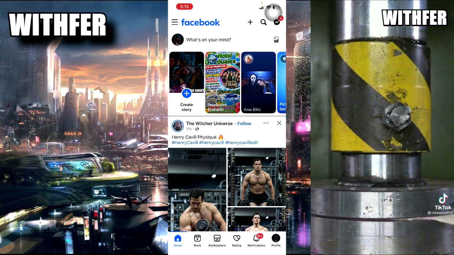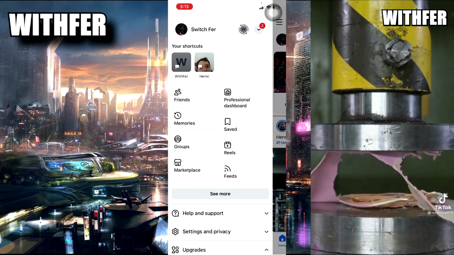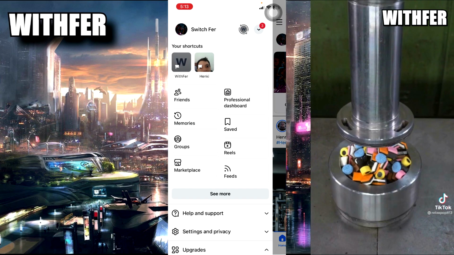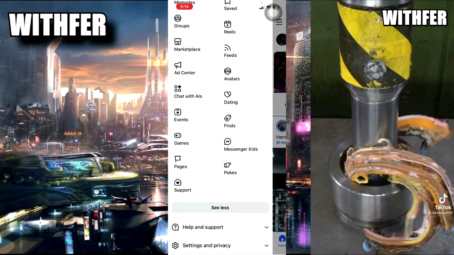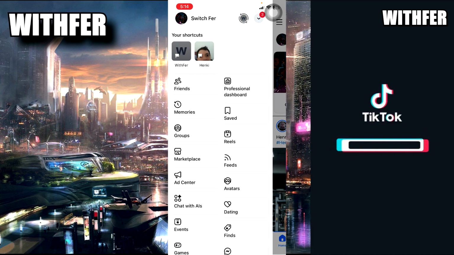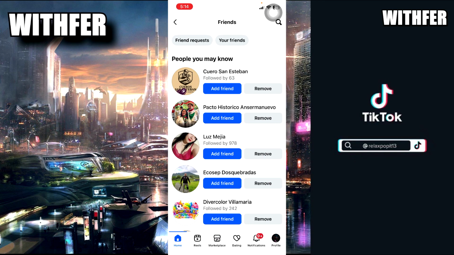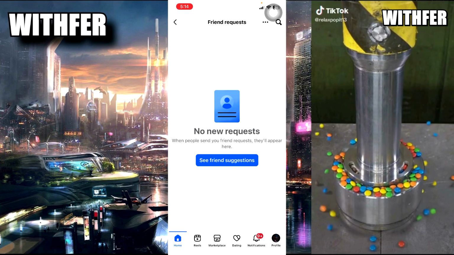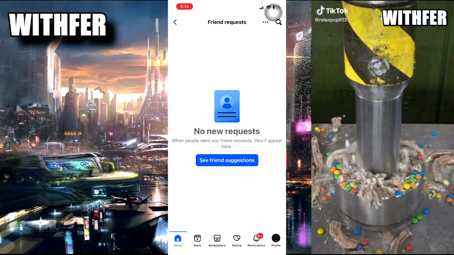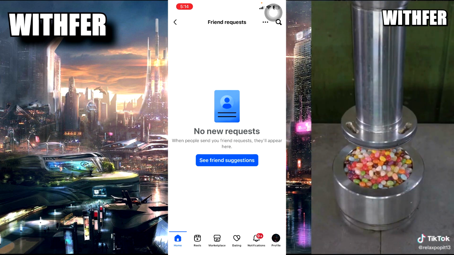First, in the corner you can see three lines, those here, and now you can see my feed option is Friends. But if you don't find Friends here, you need to tap See more and find it there. Now open your friends and then you can see your friend requests, those here, but this is when other people send requests to you.